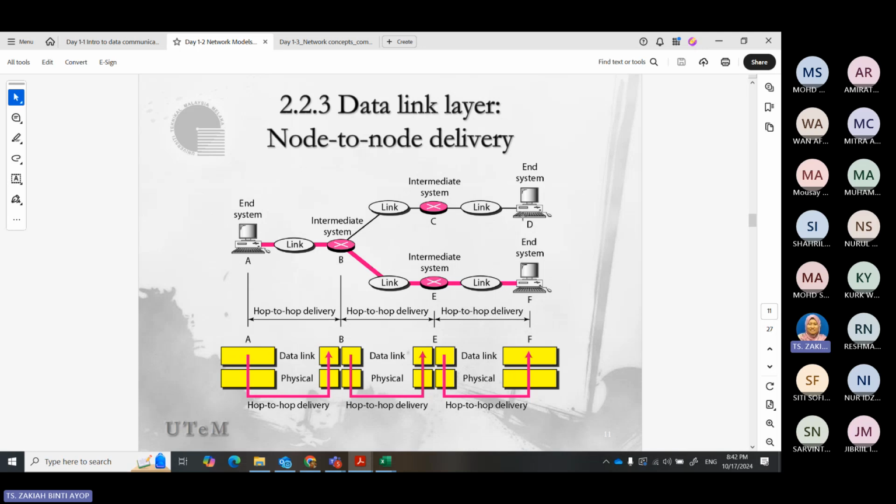Okay, let's say the network on E has other devices such as G, H, I, J, for example. Let's say E already has the address of F, so E can directly send it out to F.